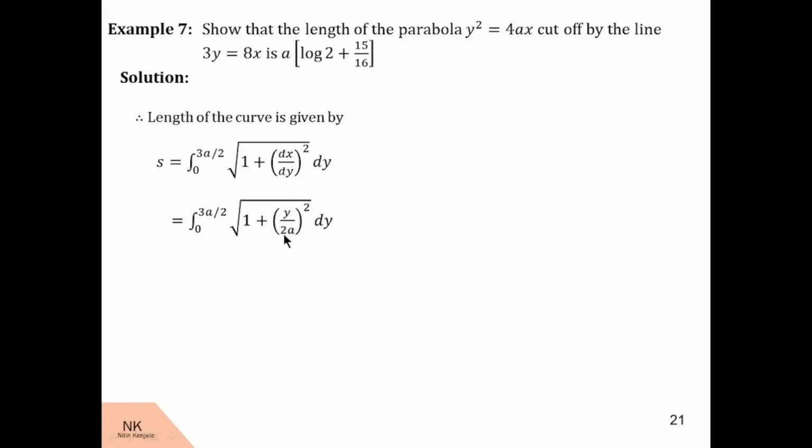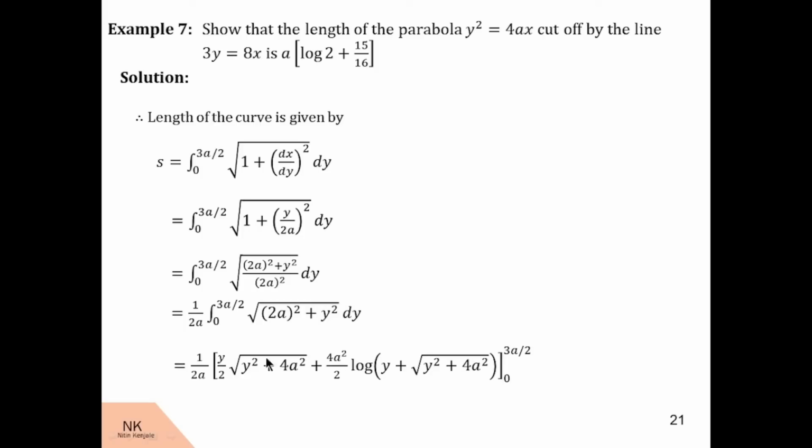Then we multiply that 4a square with this 1, and we take out that 4a square outside the integral. So we have 1 by 2a outside the integral, and inside we will have the integral of under root of 2a square plus y square. Now this integral looks like the integral of under root of alpha square plus y square dy,